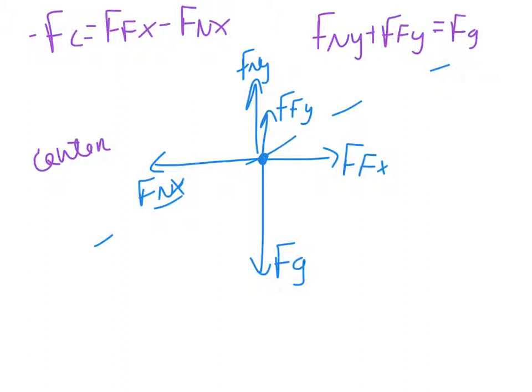Let's jump right in. So in the x direction, negative Fc is equal to right minus left. So this is frictional force, x component, times the cosine of phi, minus the normal force, which was on the left. This is Fn cosine theta. To make life easier with negatives as we get towards the end, I'm just going to rearrange this a little bit,